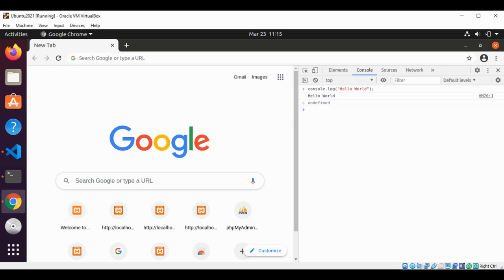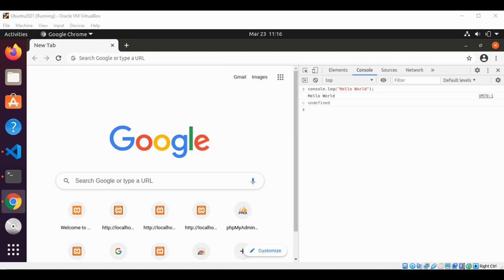We can use JavaScript inside an HTML file or in an external file. JavaScript in a separate file. To use JavaScript in a separate file, we can write HTML code in one file and JavaScript code in another file. And we are going to include that JavaScript file in our HTML file. That way, when we open the HTML page in the browser, it will also run our JavaScript code that was